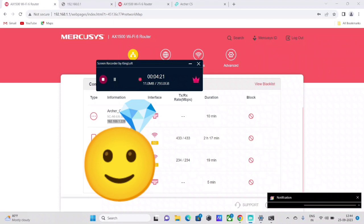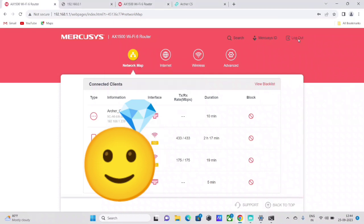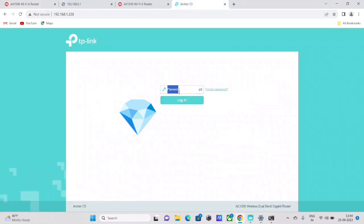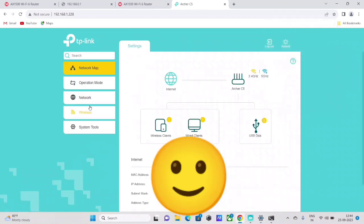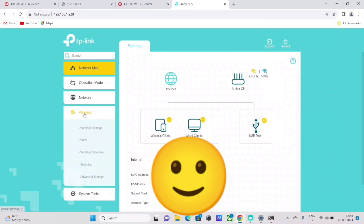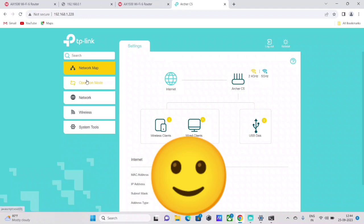So guys, I was able to find the IP address of my extender. I think the IP address has changed somehow. I just copied this one, logged off from here, and pasted the IP address. I was able to successfully log in to the secondary router configuration. And I'm just going to quickly log back in, guys. Here, what I actually did was